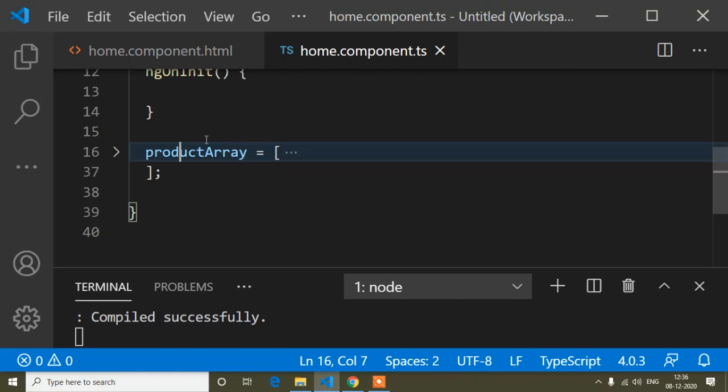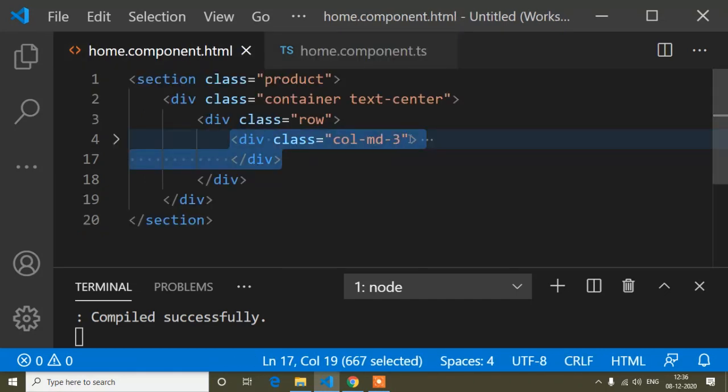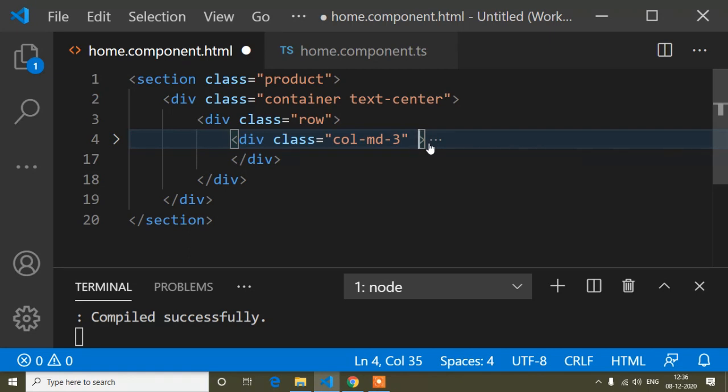So now I will do one thing, just here I will write the ngFor of loop. Here star, the syntax is star ngFor, where F is capital in ngFor, of, and equals to inverted commas. And now here you have to take a variable. You know when we take a variable, then we write a keyword. We can write let, var, anything.